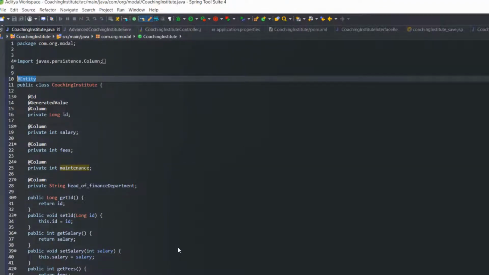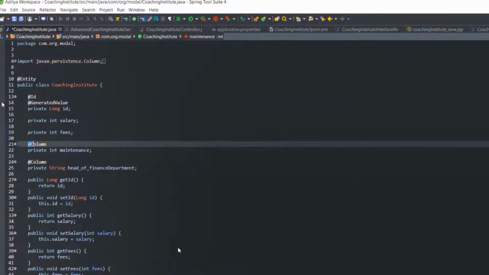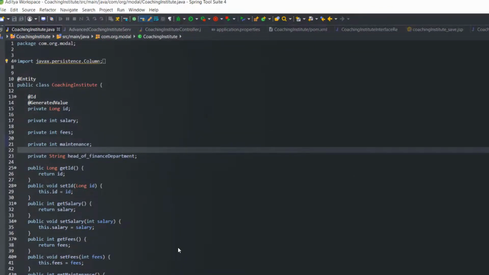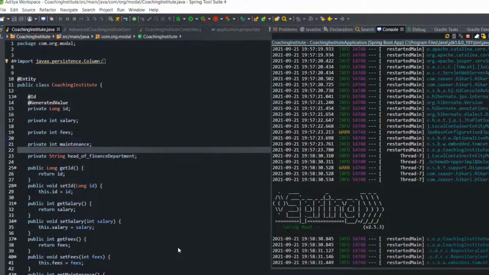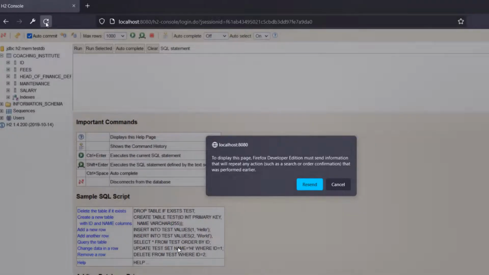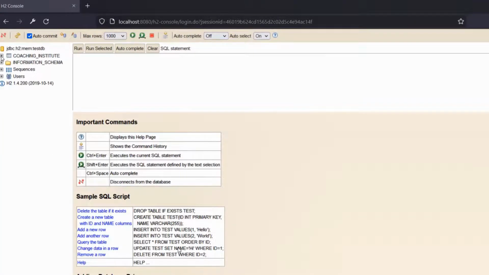We can remove it, because the @Entity annotation itself indicates the table name, and the rest of the fields are taken as column names. So I will just remove the @Column annotation. It should not affect anything, because anyway I'm not using any custom name. Okay, ID, fees, head of finance department, maintenance, salary, everything is fine.